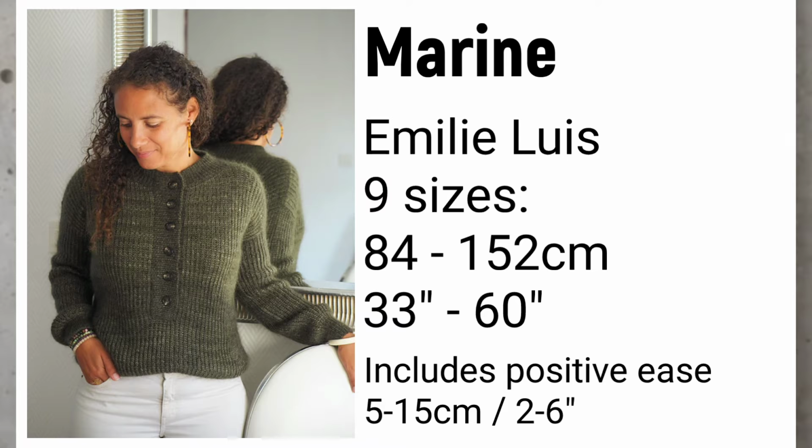My pattern lookalike for this one is another pattern from Emilie, and it is the Marine top. This comes in 9 sizes, ranging from 33 to 60 inches, or 84 centimeters to 152 centimeters, and that includes the recommended positive ease of 2 to 6 inches or 5 to 15 centimeters. This is knit top down with DK weight yarn,